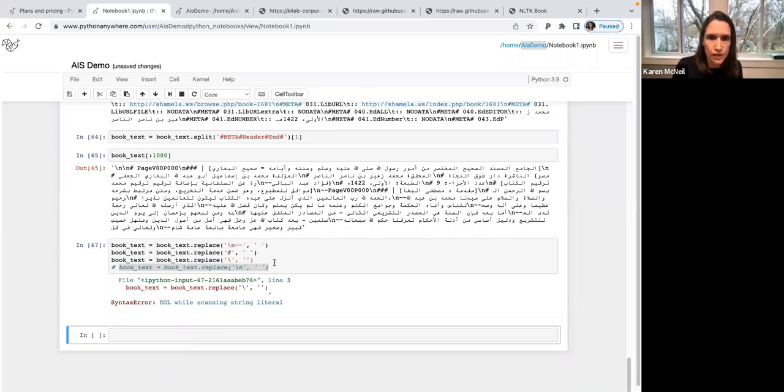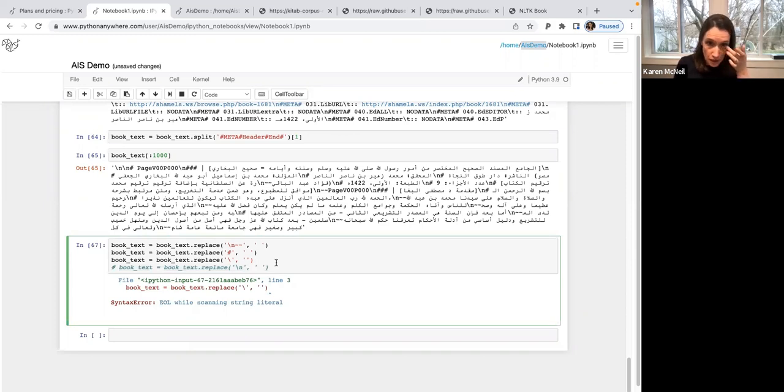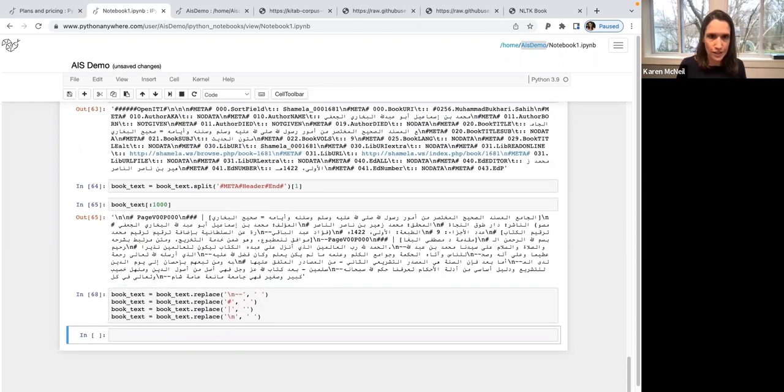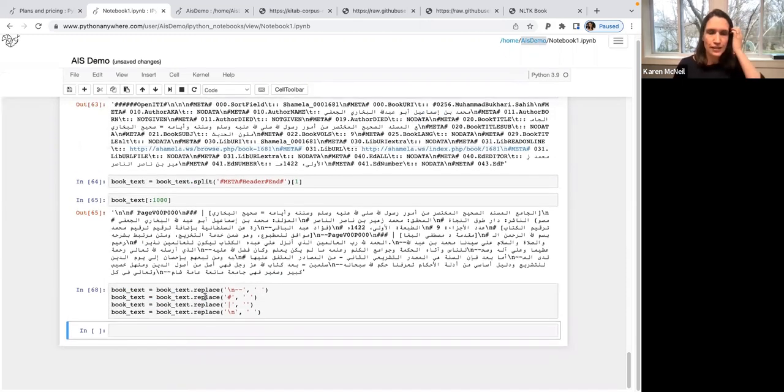Oh yeah, see how this is red? There's something missing there. Oh, I know what's missing. Actually, it was this pipe mark that I needed to replace. That's why this is color coded, to help you find when you didn't close parentheses or do things like that. It makes it a lot easier to see. Okay, so now if we look at it,